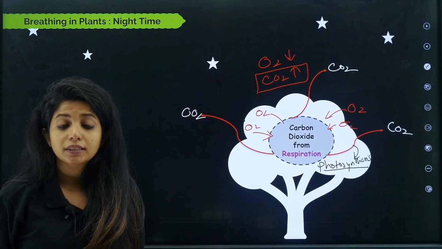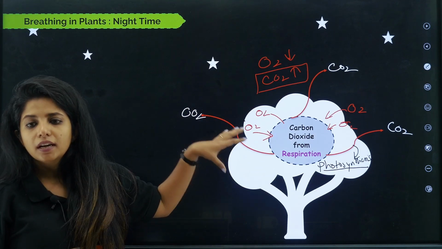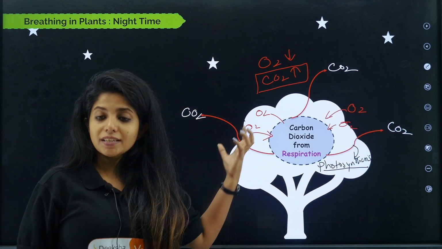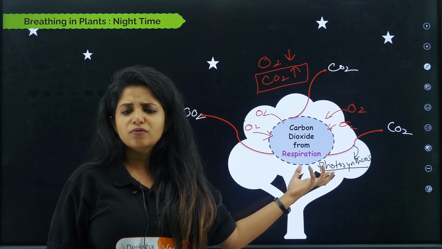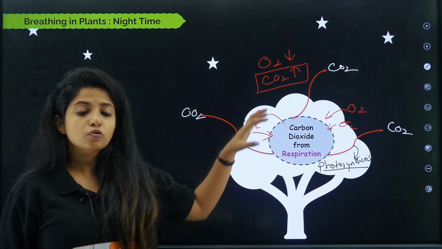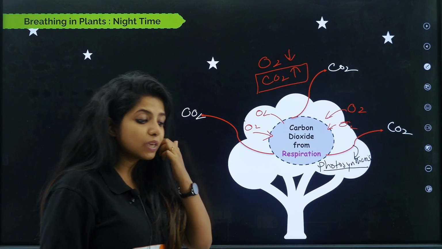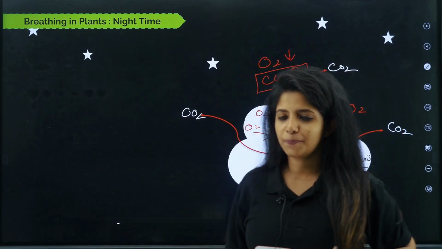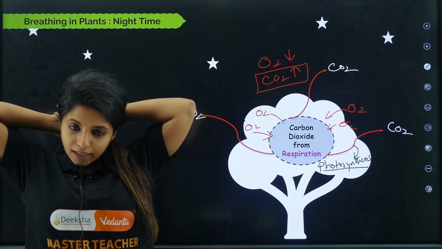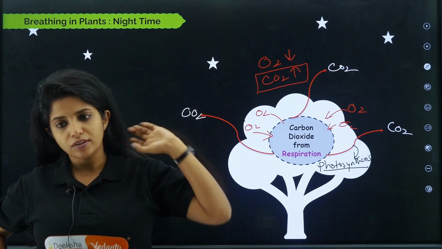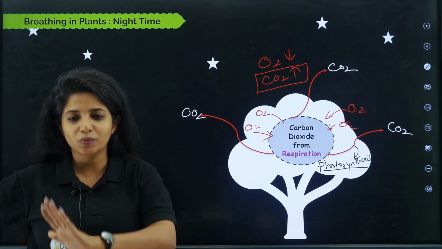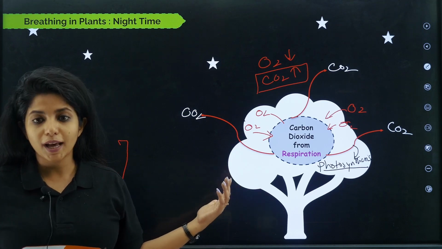Because at night photosynthesis rate is less, CO2 won't be required. In respiration, CO2 is released, it will be continuously releasing. Whereas in respiration, you need oxygen, so that is taken. In photosynthesis, there is a very limited amount of oxygen that is being released, so you won't find enough oxygen, which is why plants have to take it from the atmosphere, which is why we say at night we should not be sleeping near the plant. People have so many different superstitious things as well. The only reason we say that we should not be sleeping under the plants is that it will have more carbon dioxide in it rather than oxygen. That's the simplest reason, because photosynthesis is not prominently happening over here.